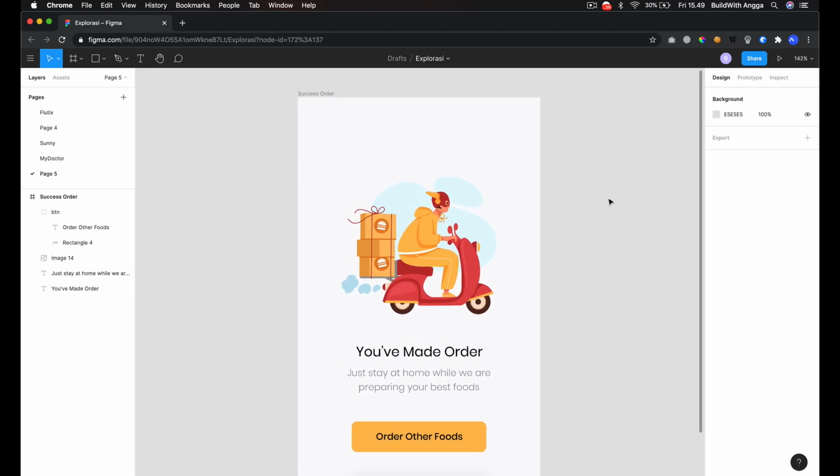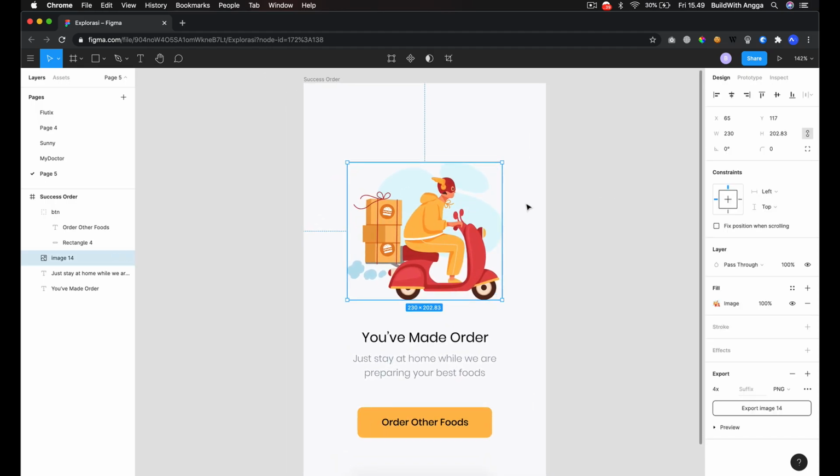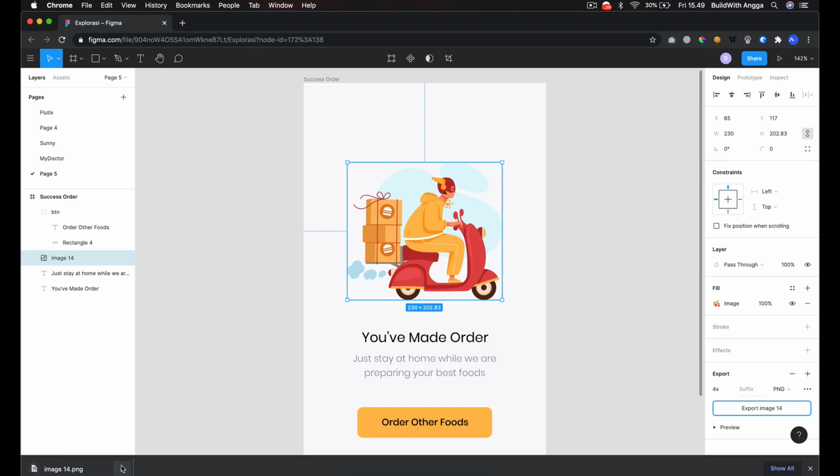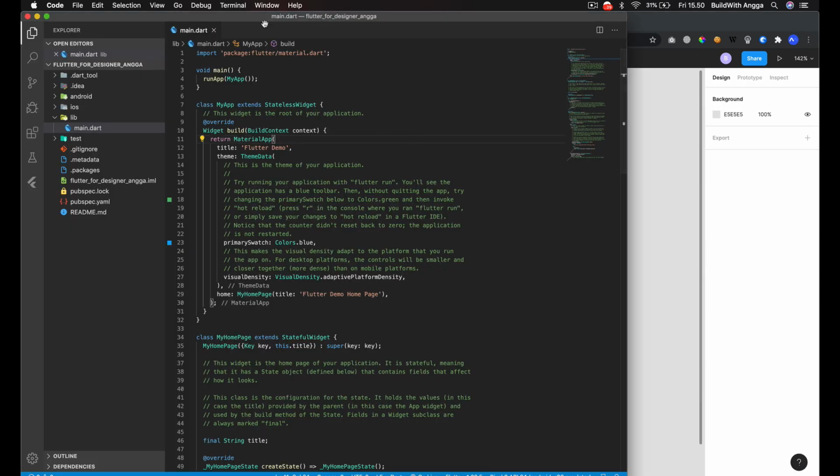Okay, so let's get started. We select this illustration, and you see this is the 4x. I'm using figma.com, and then just export this image. After that you can go to Visual Studio Code here, and we create a new folder.